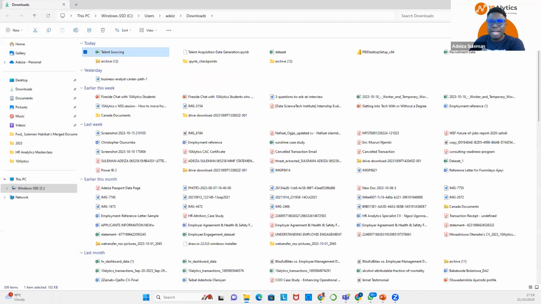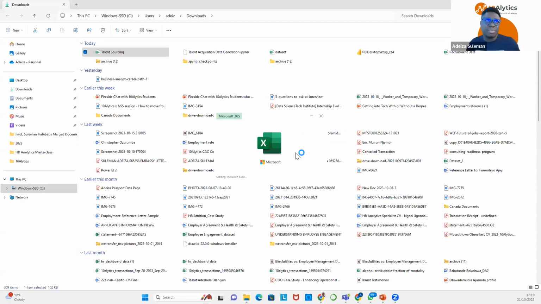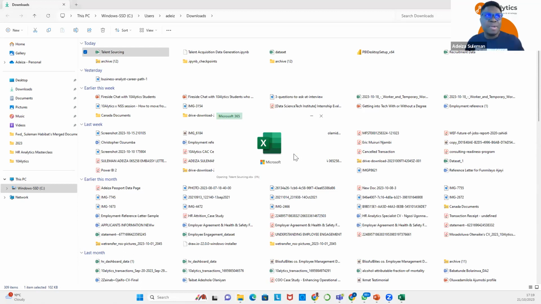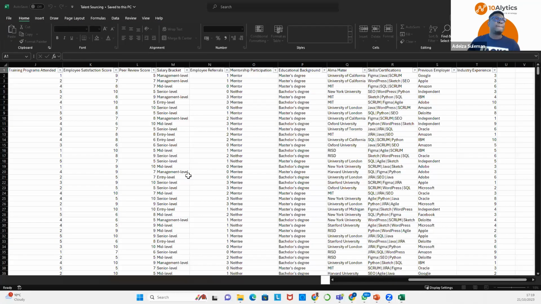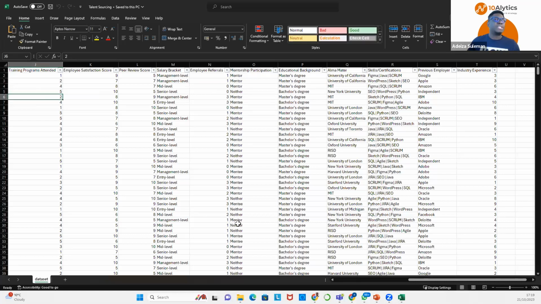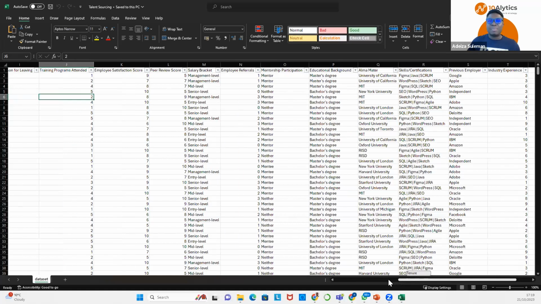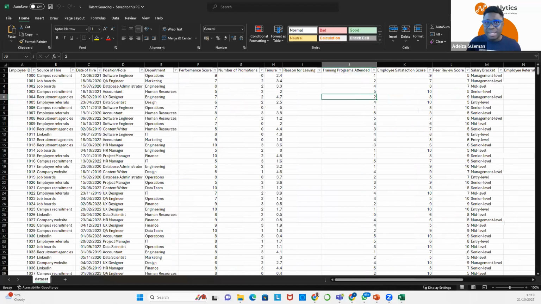Okay. And from my downloads, I can see the data set. And that's the data, talent sourcing. I'm going to double click on the talent sourcing, and then it brings up the data set, and you'd see what it looks like, which you'd also get to see when you download the data yourself. All right, I'll give you just a few minutes to do that, for those of you that would like to download the data set. Okay. So now that I've opened up the file, you don't need to download it now, okay?